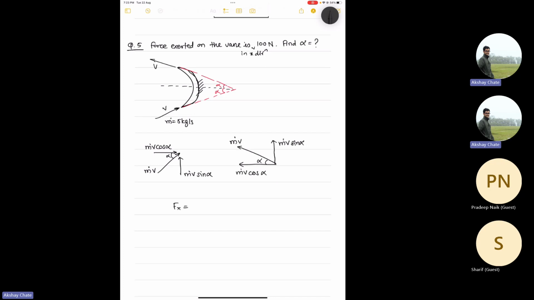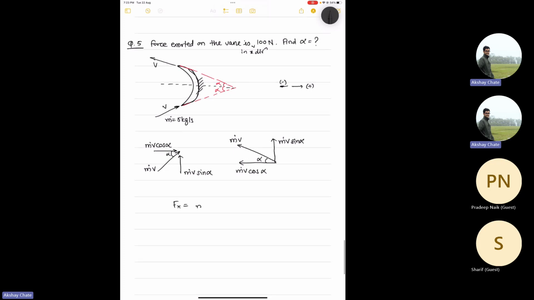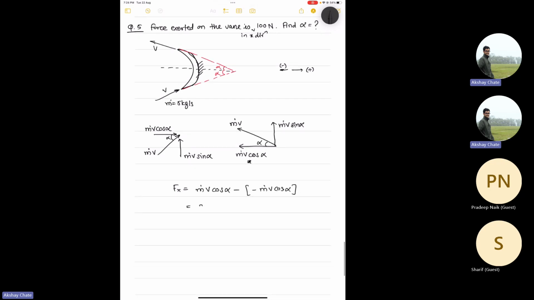So Fx, if you consider, let's say, this direction as positive and this as negative, then in the positive direction you have at the inlet m dot v cos alpha, minus at the outlet you have the same quantity but it will have a negative sign, right? Because its direction is in the negative direction. This term you should consider as negative because it is changing the direction. It is going in the negative x direction. So therefore, this becomes 2 m dot v cos alpha,